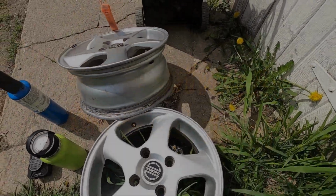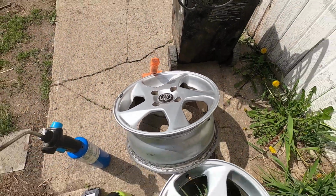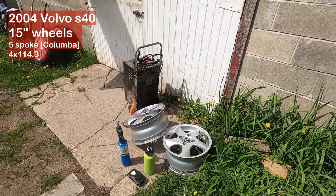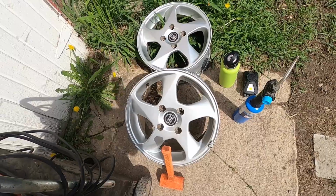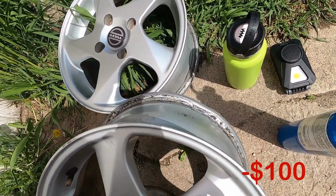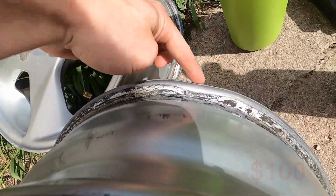On to today's project. These are the new rims I picked up for the Capri. And boy, oh boy, are they gonna look good on there. It's gonna look so correct. I picked these up for only $100 because if you can tell, there's a slight bend in the rim right